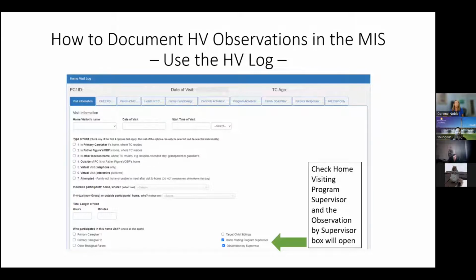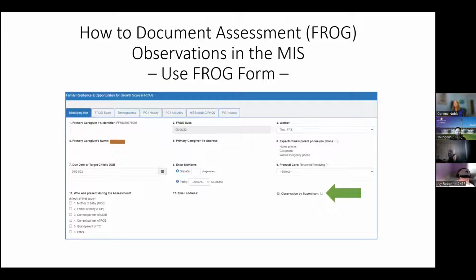So if the supervisor participated in the visit, you would indicate there that the supervision happened. For the frog observation, you have question number 13 on the identifying info tab, where you need to click that box in order to get it counted towards